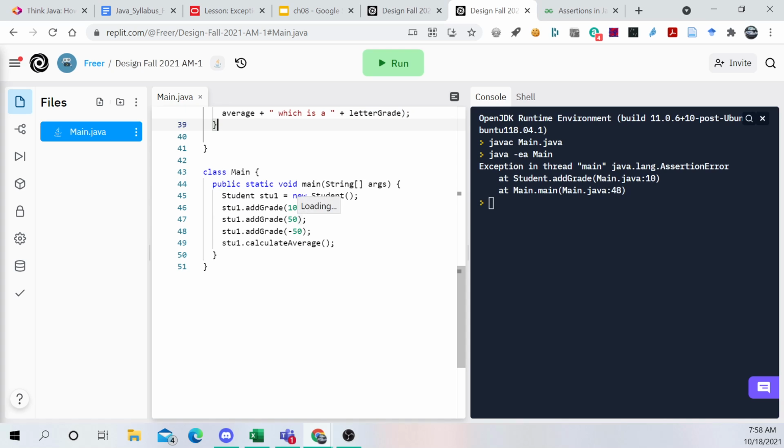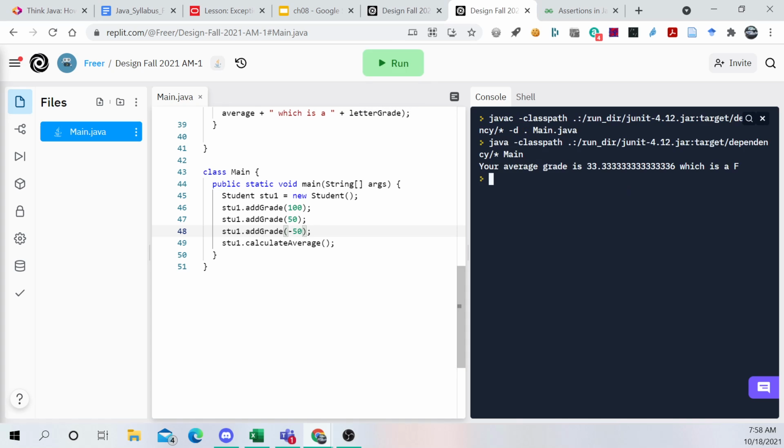We just call it a few times, like 3 times is great. So we have 150 and then negative 50. Now, to just run it, it will enter the negative score, right? Your average grade is 33.33333, which is an F. But if we run it with Java